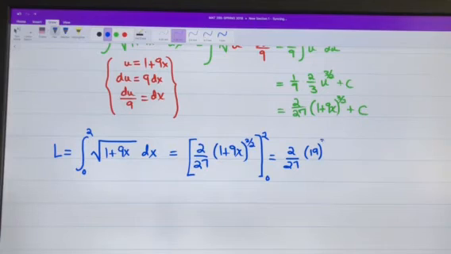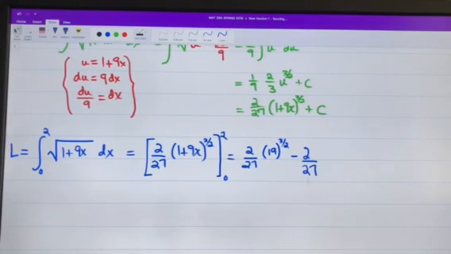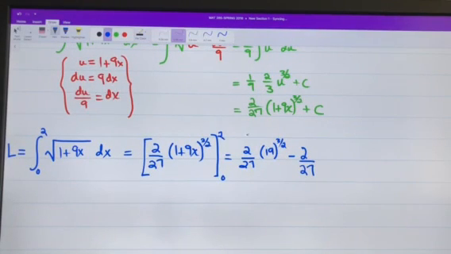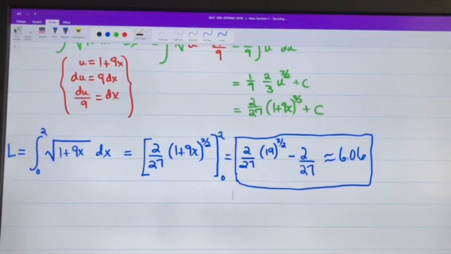And in the case of the upper limit, we have x equal to 2. 1 plus 9 times 2 is going to be 19. So we have 2/27 of 19 to the 3 halves. And we have minus. Now, the lower limit is 0, but this time around the expression is not negligible. We have 1 to the 3 halves is 1, times 2/27. So in exact answer terms, we have 2/27 of 19 to the 3 halves minus 2/27. And for the approximate